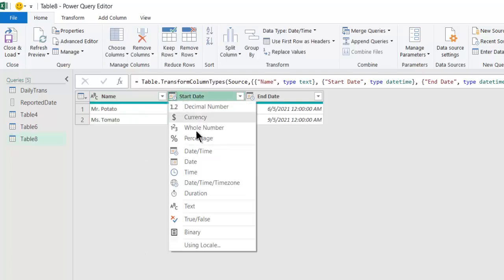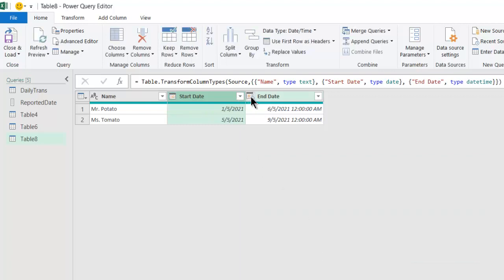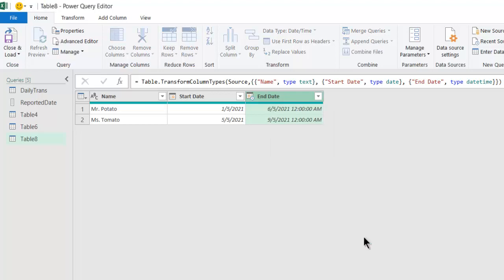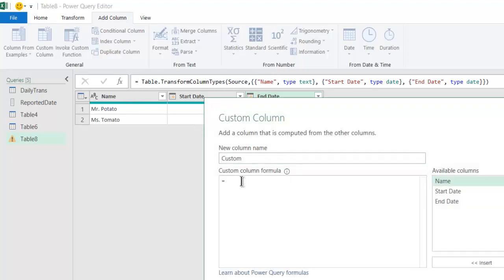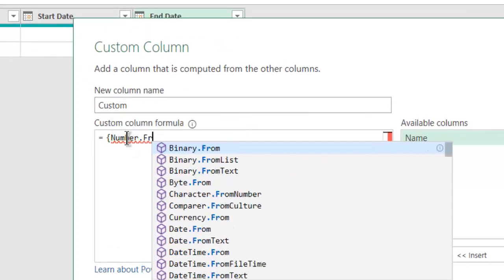and we will convert this into a date type. Replace current. Same goes to this one. Replace as a date. Then we go to add. We click custom column, and here we want to key in a list. So I start with a curly bracket and Number.From